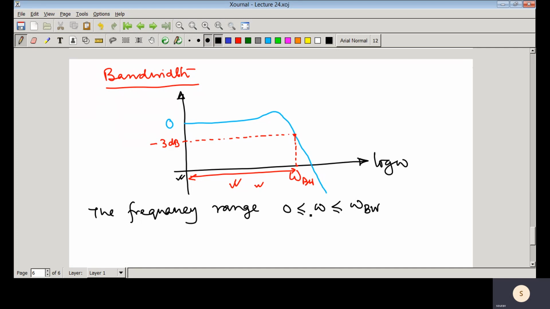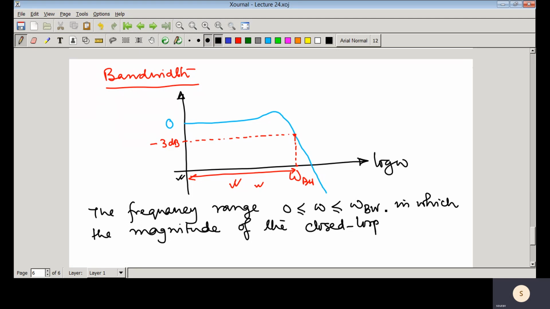So the frequency range omega less than W bandwidth and greater than 0, in which the magnitude of the closed loop, here we have shown the frequency response of the closed loop transfer function,